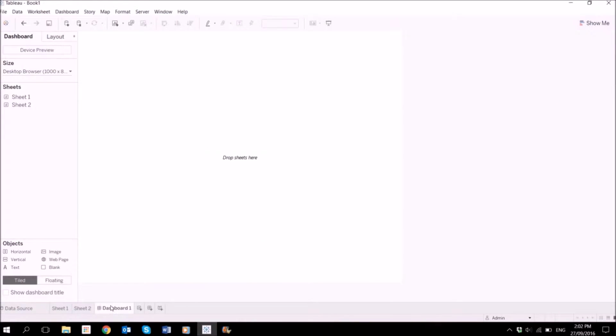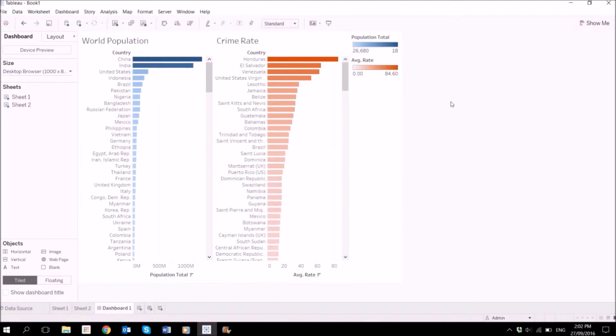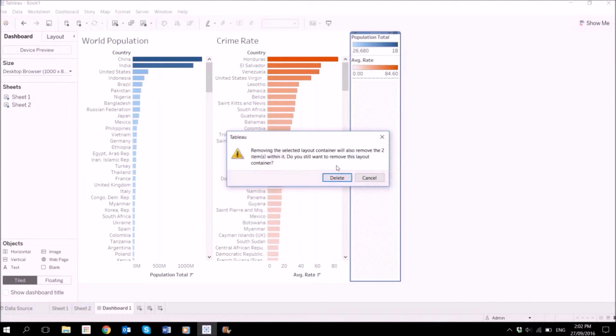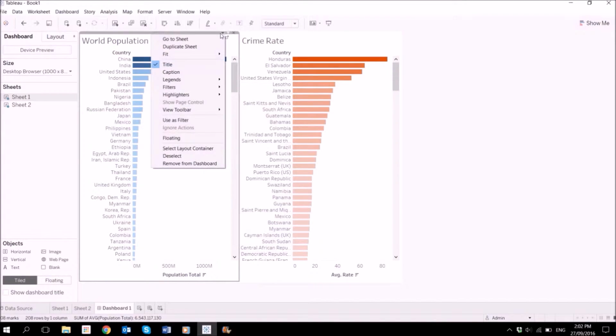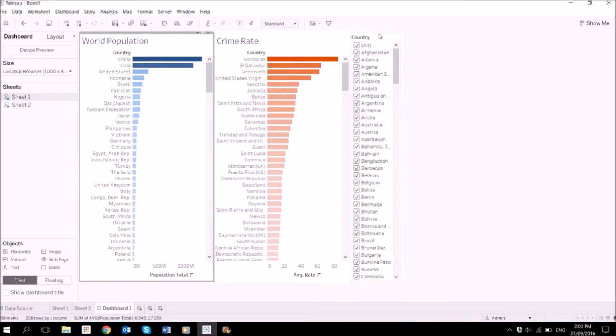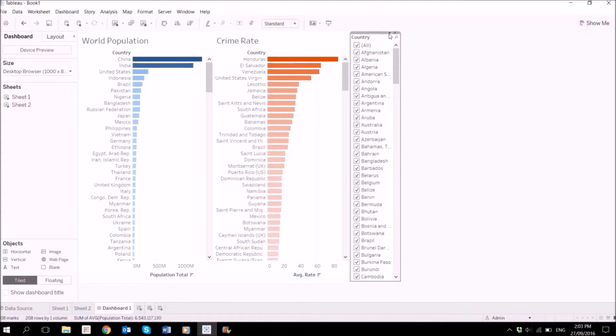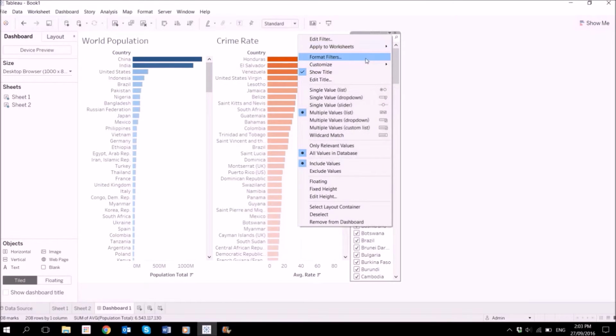So I'm just going to go create a dashboard quickly where we assemble both of those views and just put them on side by side. And to set up a cross-database filter, you just need to go to the filters, so country, and then open up your contextual menu on the filters, and we need to apply this to all